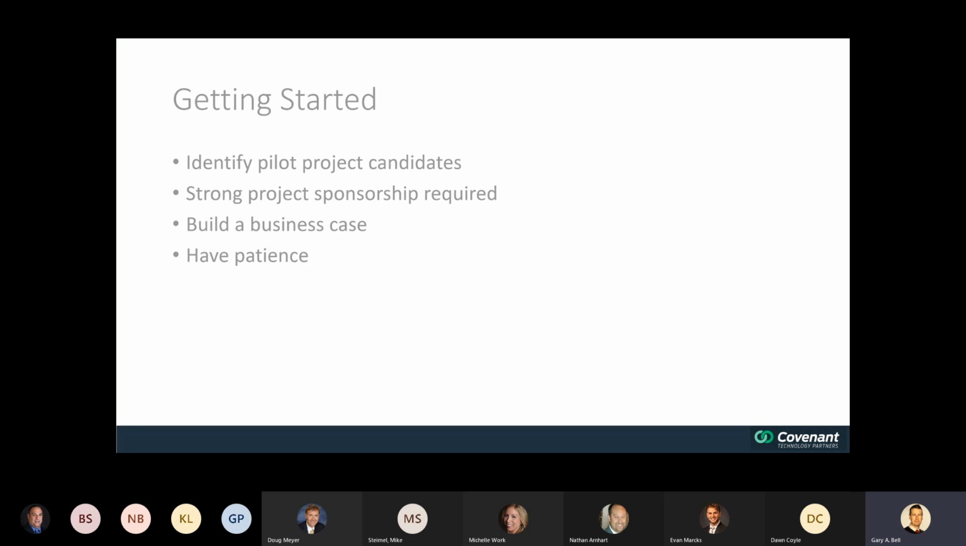And so if I had to briefly sum up how to get started, right? Take what we've heard today, or maybe additional use cases as you come across them, and identify some good candidates for pilot projects. It's really important, again, to get that strong executive project sponsorship, because you're not going to go anywhere without that. We talked also about building that business case, and then really the key here is to have patience,